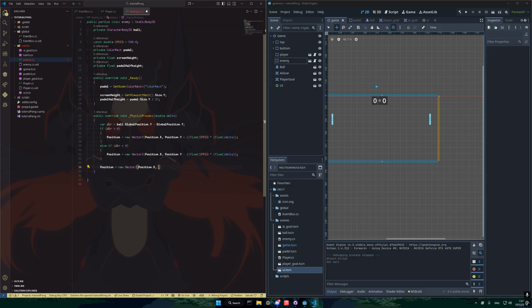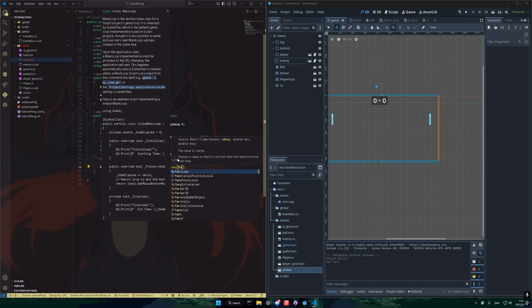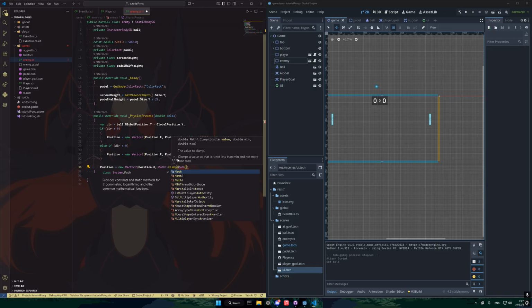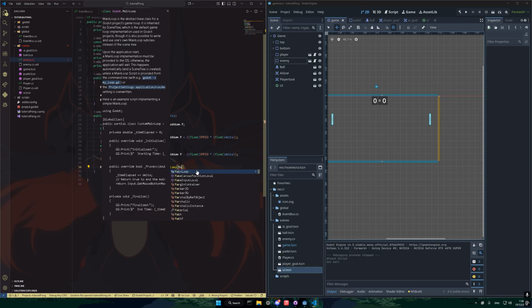So position x, we're once again clamping it just like we did earlier, right? Mathf dot Clamp. Except this time what we're clamping is not actually because we're not moving ourselves. The computer is moving it. So we need to clamp it within the walls, but also so that whenever it does move, it's smooth. There's a function for that built in. It's called Mathf dot